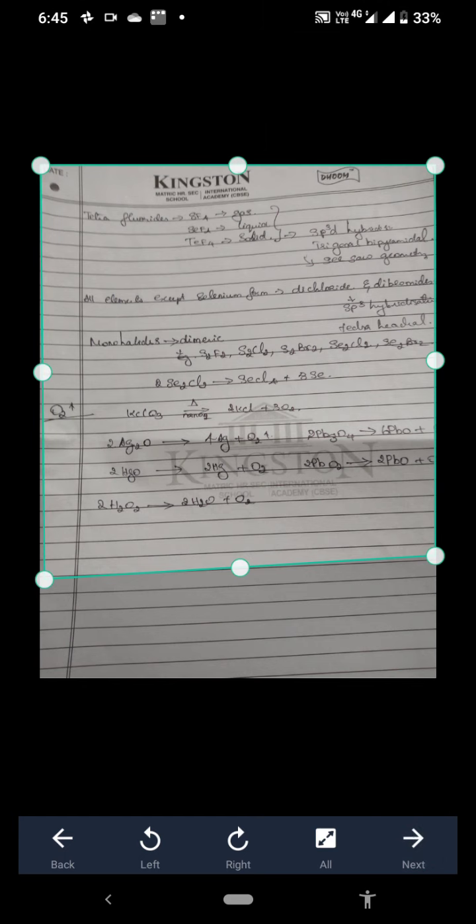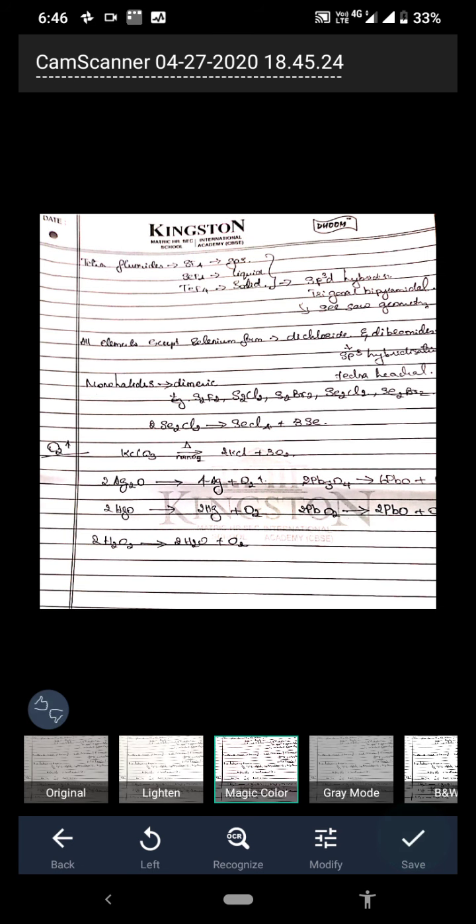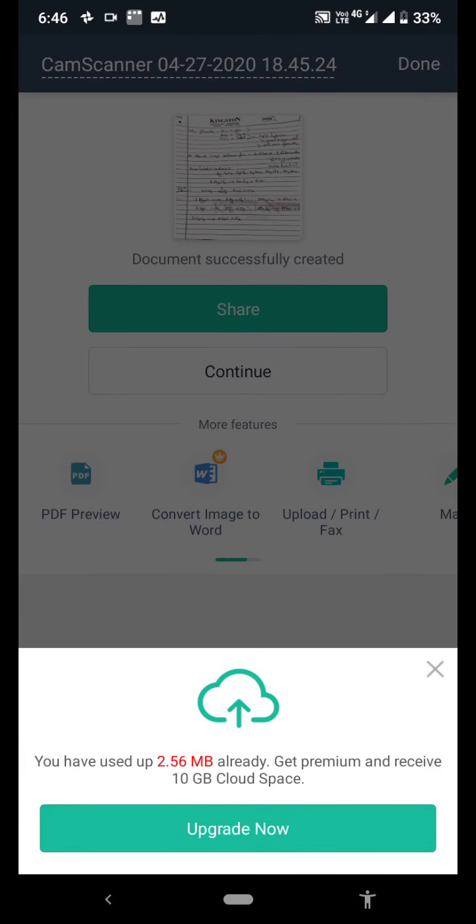It will prompt you with a next button, and you can see the blinking arrow mark. Next comes cropping and enhancing the image, either as JPG or gray mode or whatever you want. Then save.